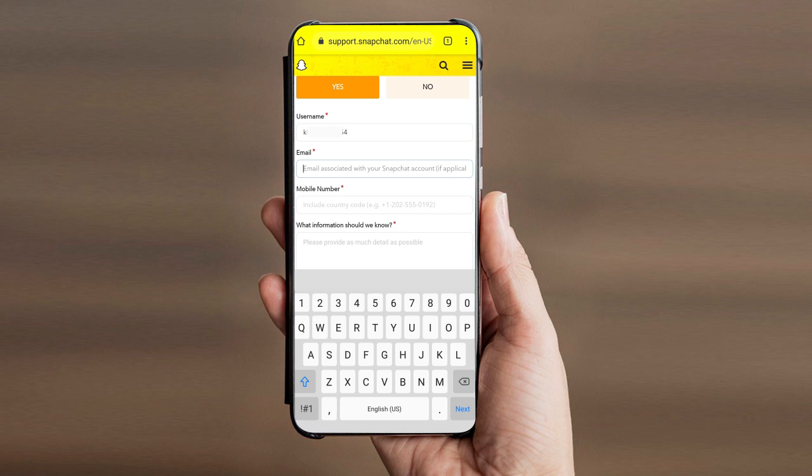If you don't remember that address, you can enter any other email address. Alright, and then you have to enter the mobile number that you are using, that you get access to. So enter your mobile number,